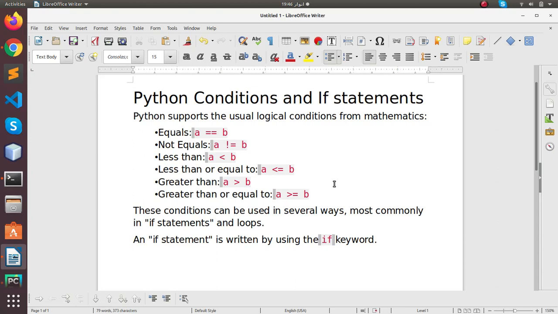Hi friends, my name is Usman and in today's video training we are going to talk about Python conditions and if statements. Python supports the usual logical conditions from mathematics: equals, A double equal B, not equals, A exclamation mark equals B,